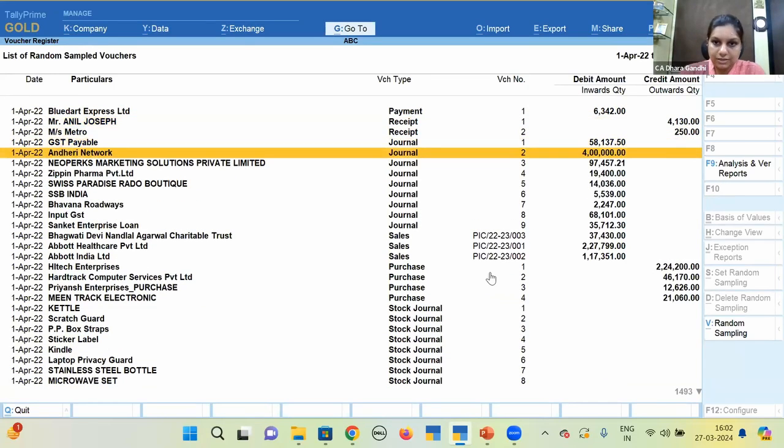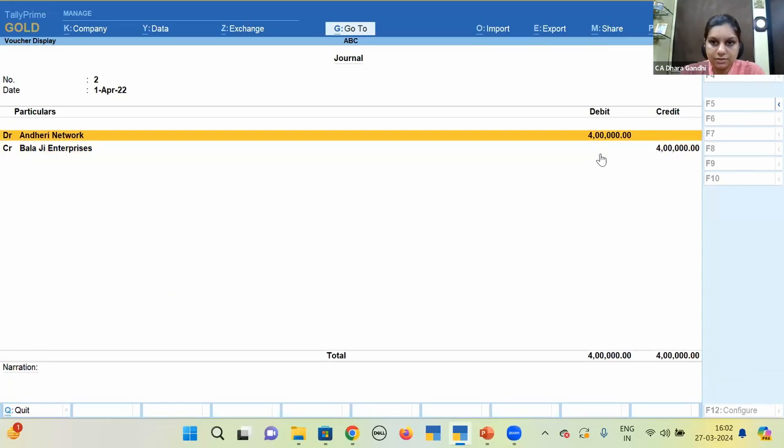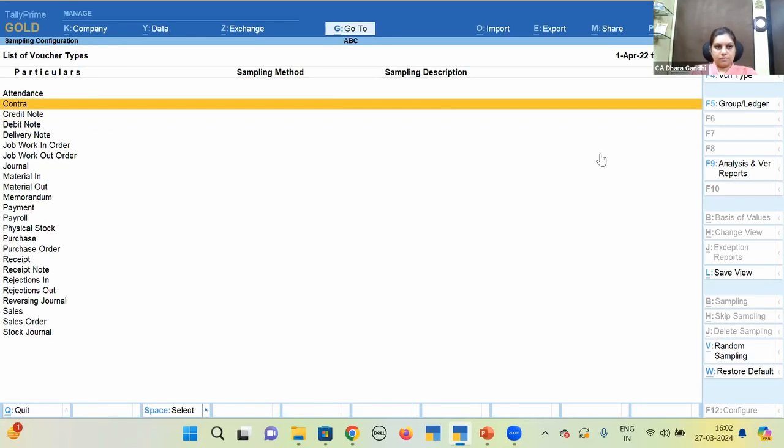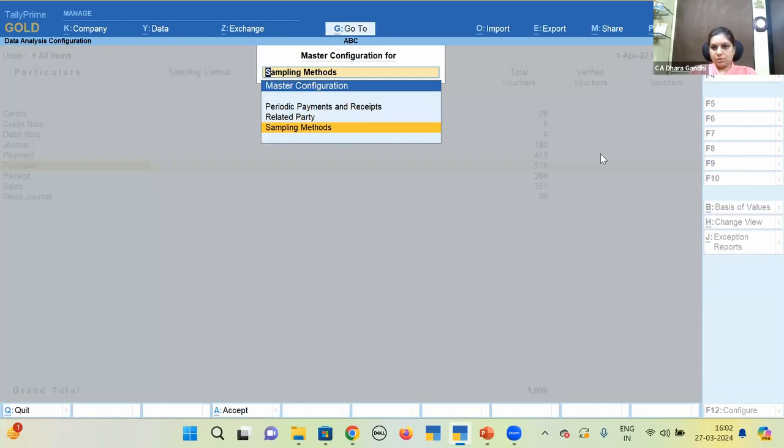So if I want to check this transaction, I will check this transaction. You can put either random sampling, or you can put sampling by specific groups or through amounts. आपको जैसे भी sampling डालना है, you can